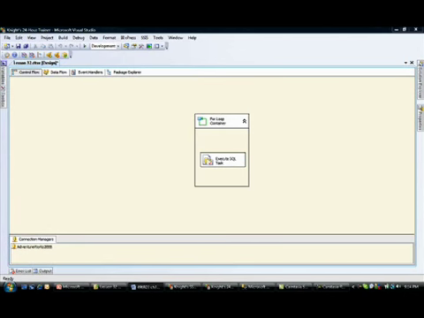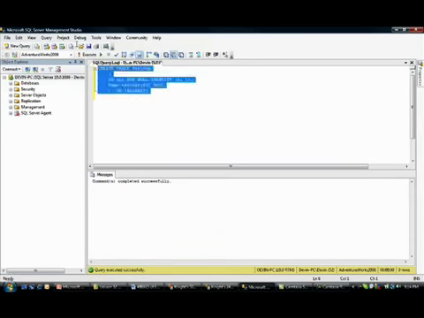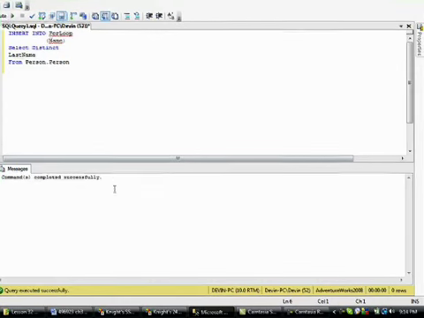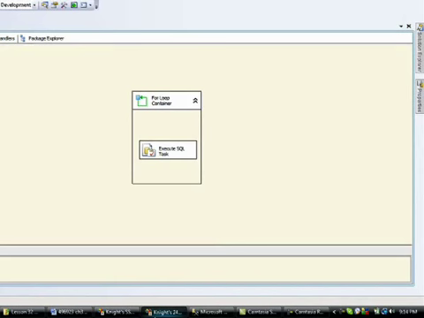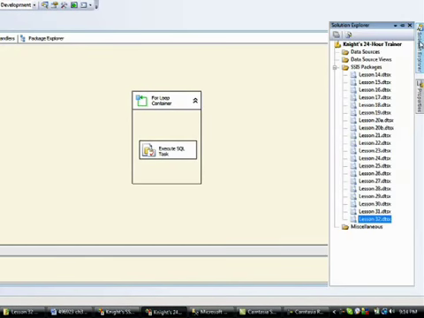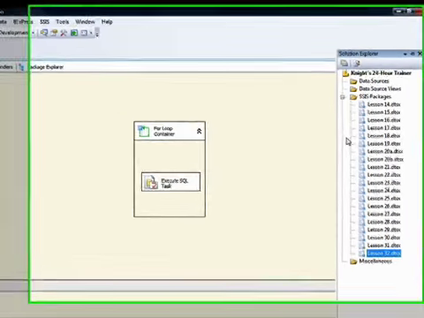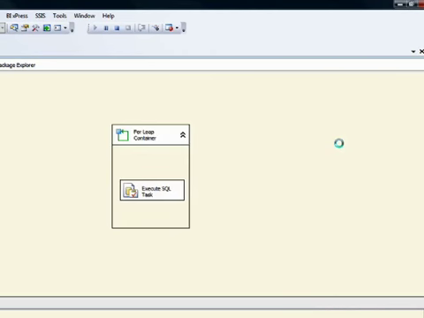Remember this package is going to run continuously until any values are inserted into the for loop table. So go ahead and have your script ready. I'm going to copy and paste this into our management studio. It's just going to insert some values from the Person.Person table into our for loop table. So back in our package, I'm going to go ahead and execute this, and you'll see that it'll continuously run until I execute that script. So let me right click on the package and say execute package,